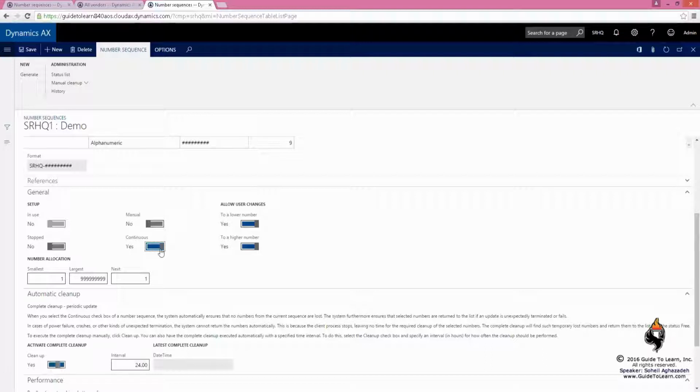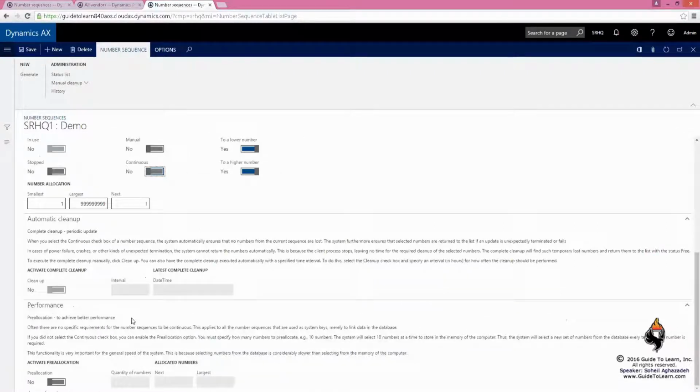If you do turn it on, however, by default it is every 24 hours, usually at midnight, based on a time zone that we set up on the company. If I don't make it continuous, again, this is not going to be cleaned up. There is a feature also, they call it a manual cleanup. If you say all, this is going to clean up all the number sequences. You only do this if you're a system administrator and something dramatically has happened, such as